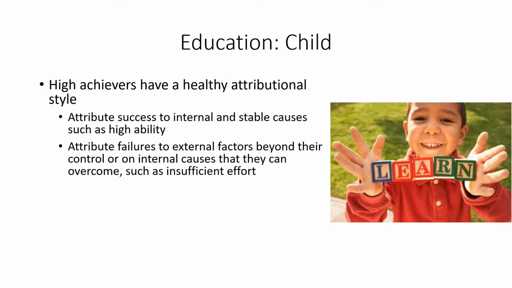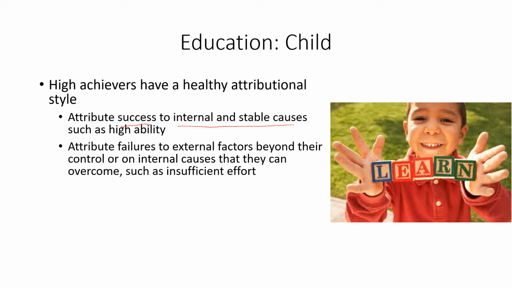Then into childhood, we're going to get into attribution styles now. I told you I'd talk about achievement motivation. Well, attribution style is essentially that, or highly related to it, and that is that high achievers have what's called a healthy attribution style. A healthy attribution style is where individuals will attribute success to internal stable causes. So success is due to something the individual did,